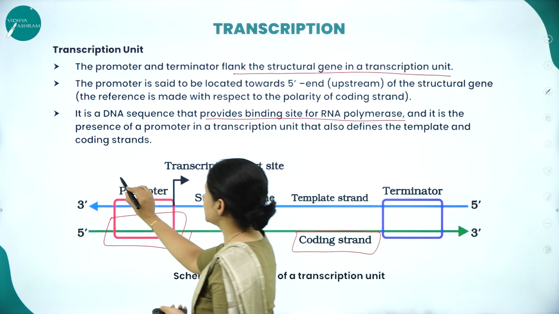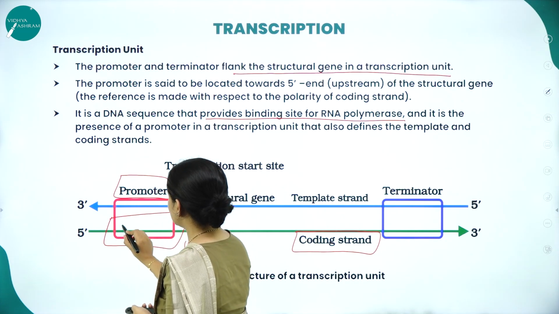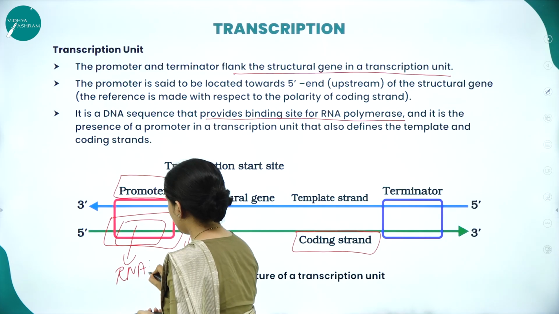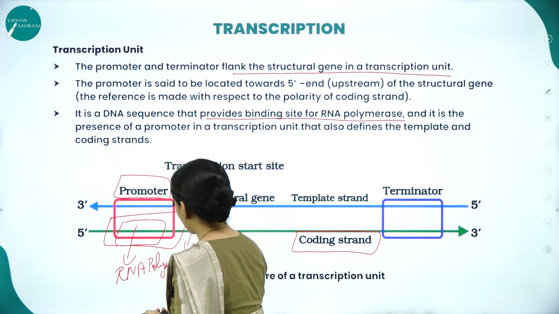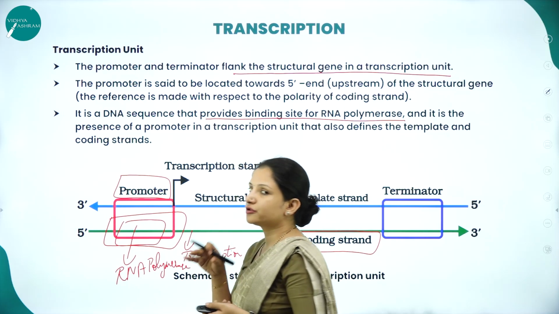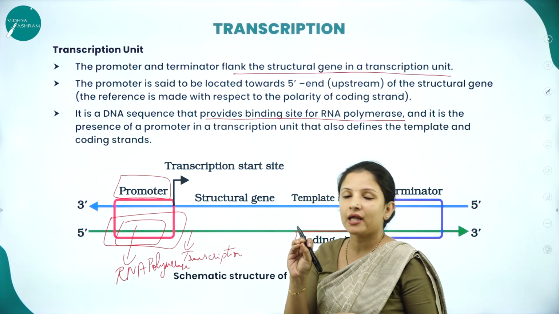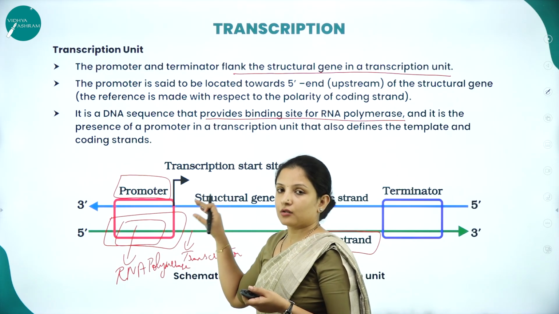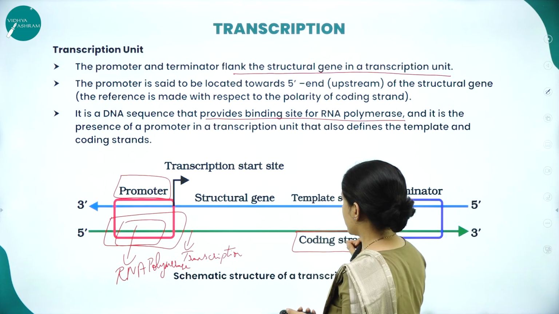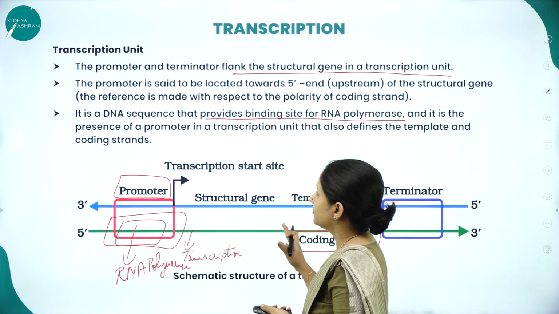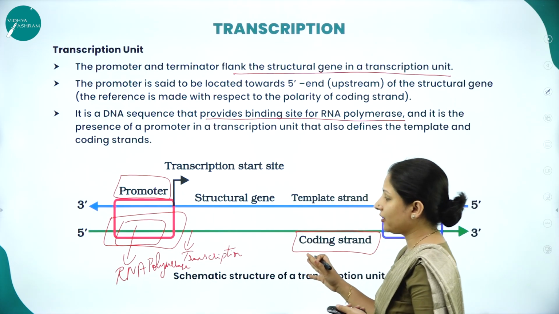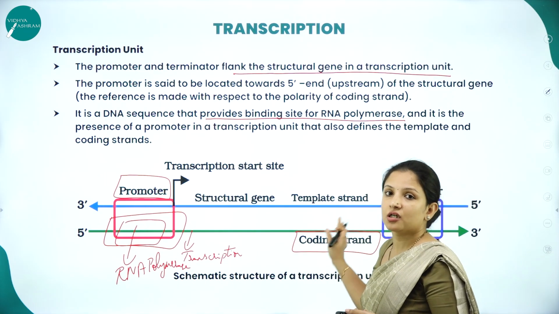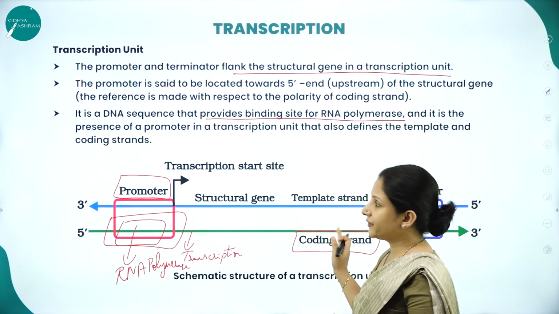So the promoter region is the place, as I said, wherein the RNA polymerase enzyme will come and bind. Once the RNA polymerase enzyme comes and binds here, it goes on adding complementary nucleotides to the mRNA strand depending on what nucleotides are present on the coding strand from 5' to 3' direction. And so this is about the promoter and the terminator region, up to where the RNA polymerase keeps on adding the nucleotides, until the mRNA reaches the terminator region on the coding strand of the DNA.